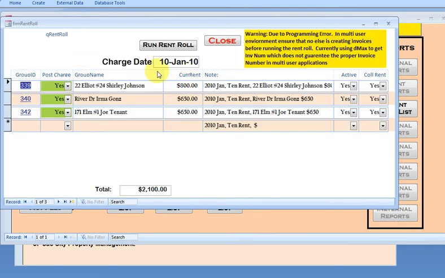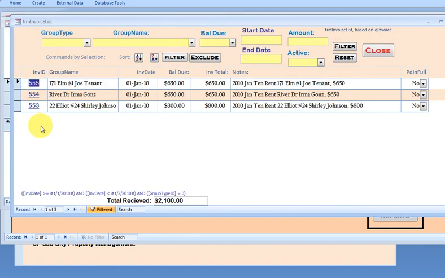Here's a list of the active tenants. Here's their rents, the total rent roll. All we need to do is select a date, and let's set it for the first of the month. And then let's run the rent roll. Boom. So it created tenant charges, created invoices to apply the tenant charges to, and then it showed us a